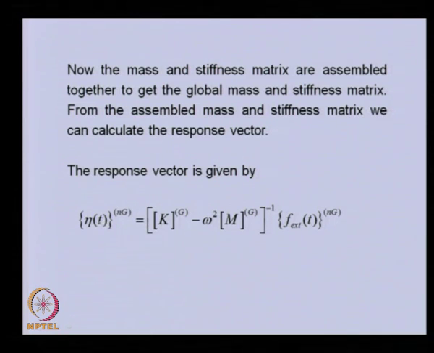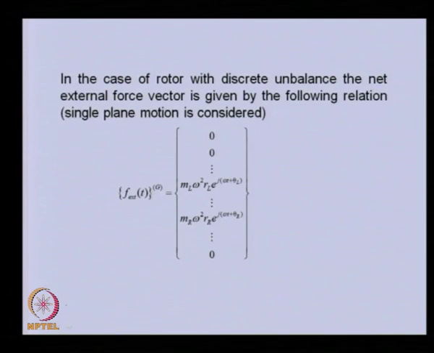So, that means whatever residual unbalance we have chosen, corresponding to that we can write the forcing, and then we can obtain the response corresponding to various speeds of the rotor system. In the forcing, the vector will have, because we have two discs only where this unbalance will be there, these corresponding forcing terms.